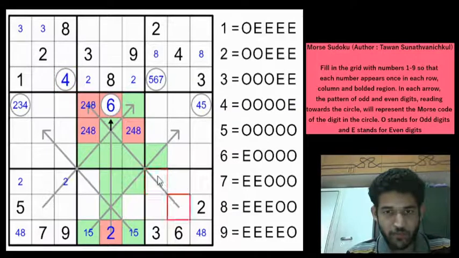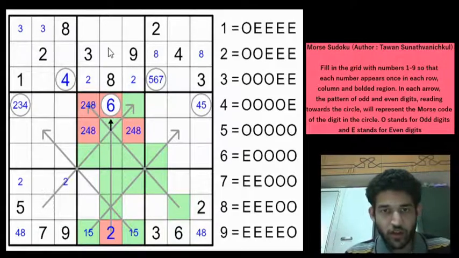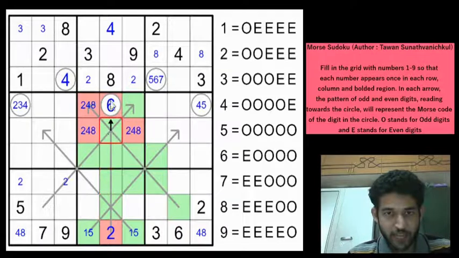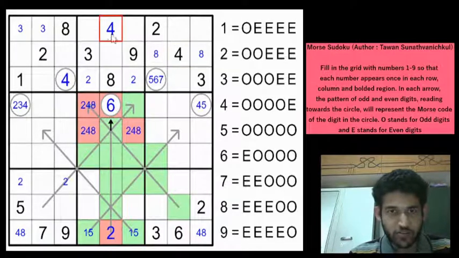And now we know the parity of these two digits. By parity I mean whether they are odd or even. So 4 has odd, odd as the first two digits, so these two cells will be odd. Great. We are making some good progress now. So if you look along column 5, there is only one cell left for the 4, which has to be here, because 4 cannot be in the green cells and 4 cannot be here, so 4 has to go here.